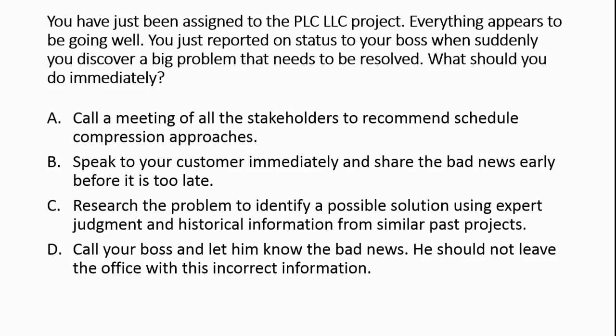And don't forget, expert judgment isn't just the PM. It could be the PM using the expert judgment of others. For that reason, C is the best option. This question could prove to be a little bit tricky, but if you follow the rules of solving the problem after you've analyzed the problem, make sure you've got the right solution to solve the problem, and be proactive,